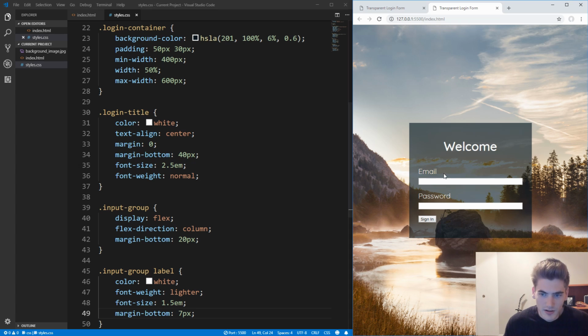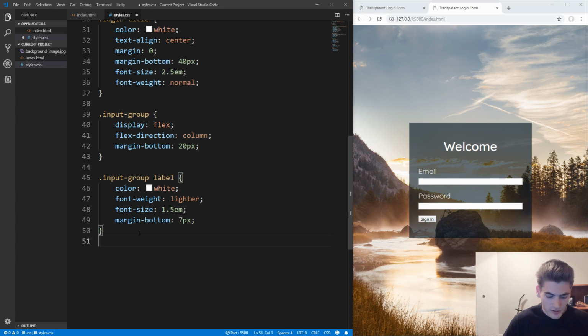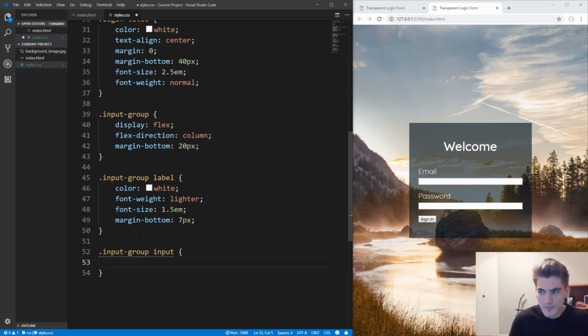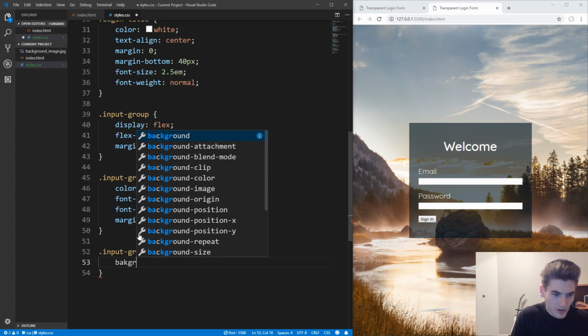And if you save that, you now see that we have these nice thin, clean looking labels that are slightly separated from our input element. And next thing to style is going to be our input element, which is a bit more involved than it first looks. So to select that, we'll use input group, and we'll select our input element inside of that input group. And the first thing we want to do is remove all the default styles that are applied to this input. So we're going to take the background,